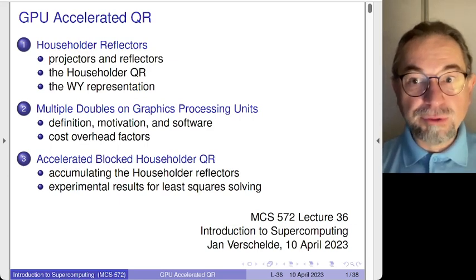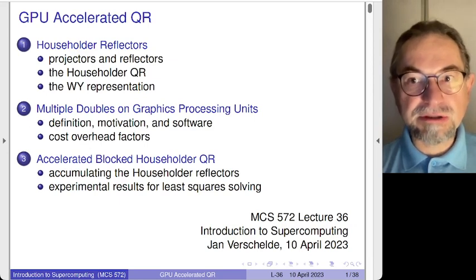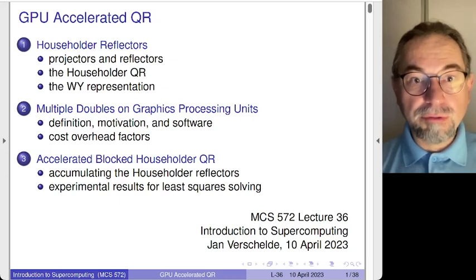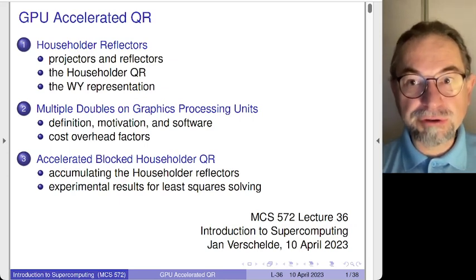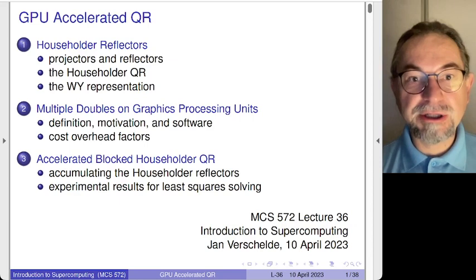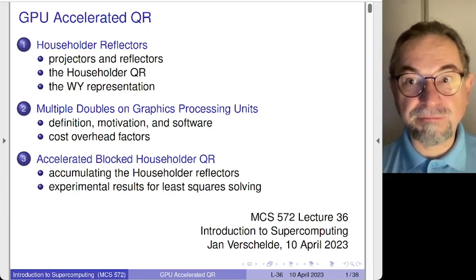I will try to make this lecture as self-contained as possible, starting with the linear algebra routines to define projectors and reflectors. The householder QR, at least the blocked version, is very rich in matrix multiplication and therefore very well